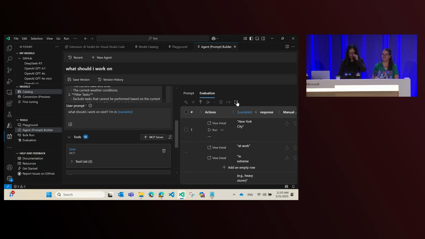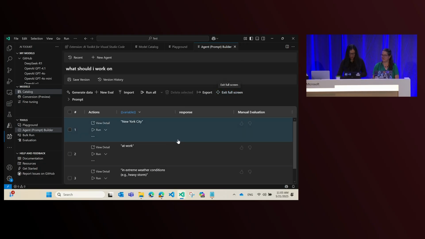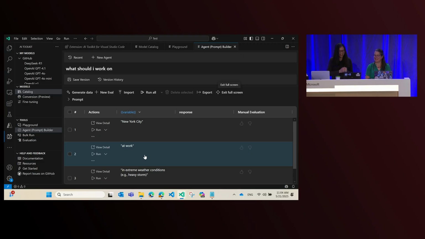So it's going to come back with a list. Oh, that's interesting. This is funny, because I think I named the variable, which I should have done location. But you can see how adaptive our tool is. So actually what we try to do is it will try to give you a list of normal values, like New York City or Seattle, right? All these normal values where AI agents should work. It will also give you edge cases, like random strings, or a city that doesn't exist, just to see how the AI agents can respond to different kinds of input.